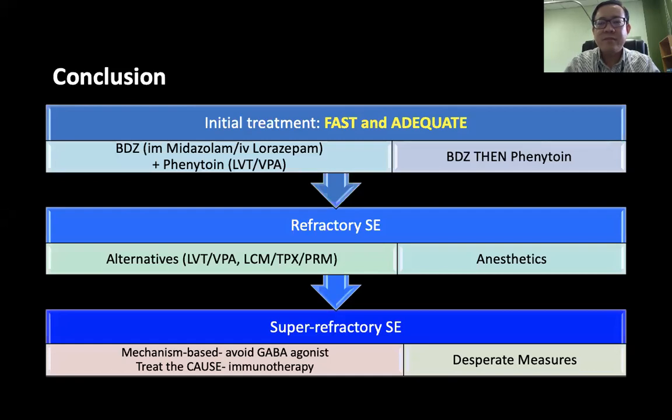Now, the current guideline is not like that, not 5 minutes, 10 minutes, 20 minutes. The current guideline follows 5 to 20 minutes, 20 to 40 minutes. So in Malaysia, which time frame do you follow? The problem with following the time is the preparations. A lot of times we take some time to break the valve, to withdraw the drugs, and to give them. So in order to make sure everything is fast, there are already some changes.